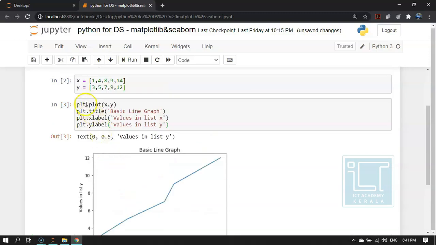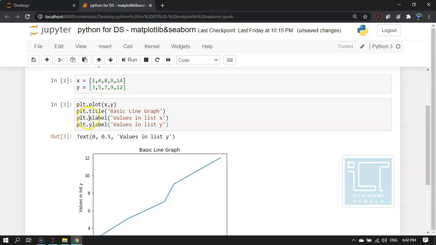So first we are telling it to plot the values in X and Y using the plt.plot method. Then we are giving the title of the plot as basic line graph. So here you can see the title has come here, basic line graph.